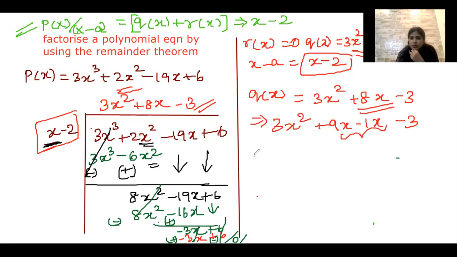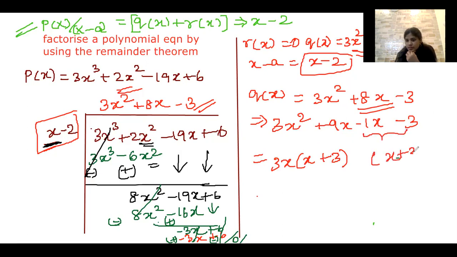So from the first two terms, I can take 3x as common. So I'll be having x here, and already I've taken 3x as common from these two terms, so I'll be left with 3. After that, here I do have minus 1x and negative 3, right? So this thing also I'm supposed to write as x plus 3. If I put minus 1 here, minus 1 into x will give me minus 1x, minus 1 into 3 will give me minus 3. So now for these two, x plus 3, I can take 1 common, and I have to combine this and this.